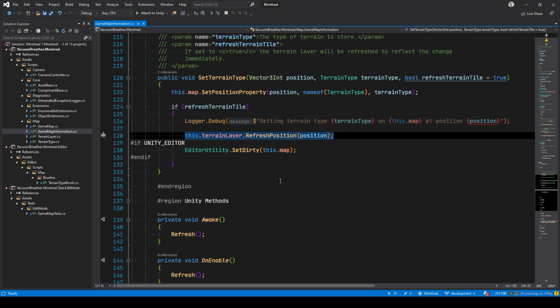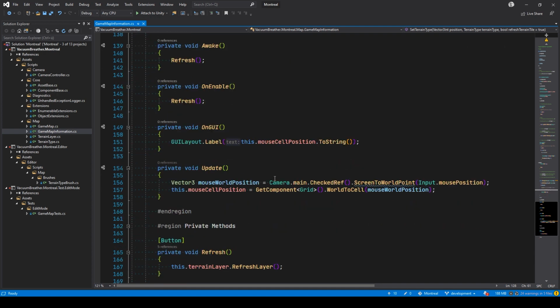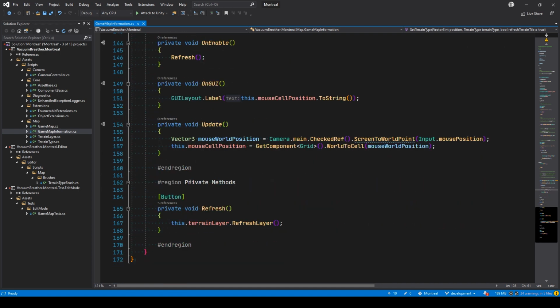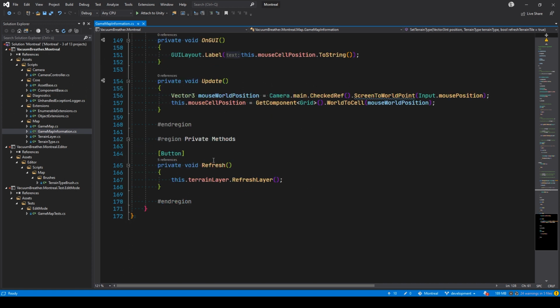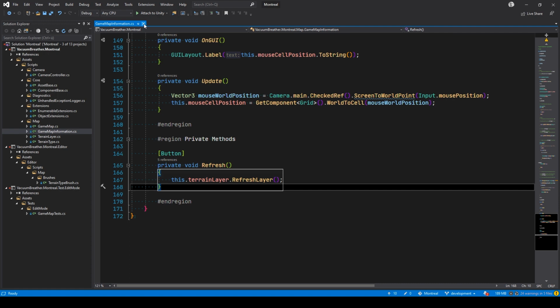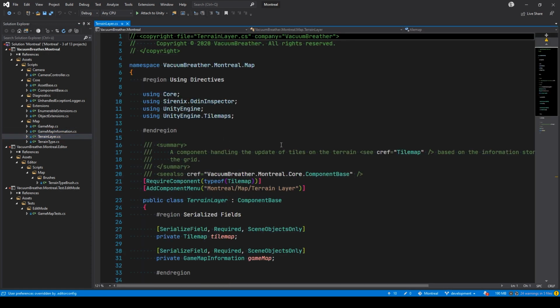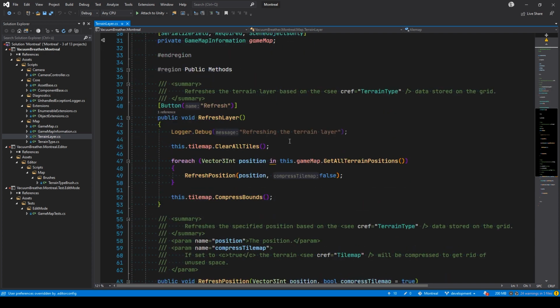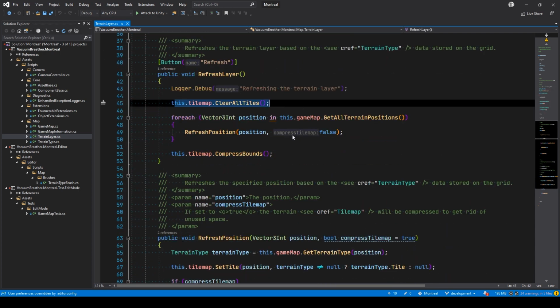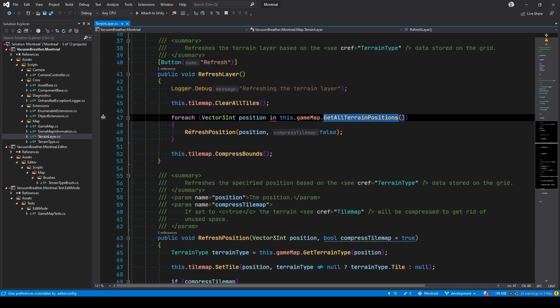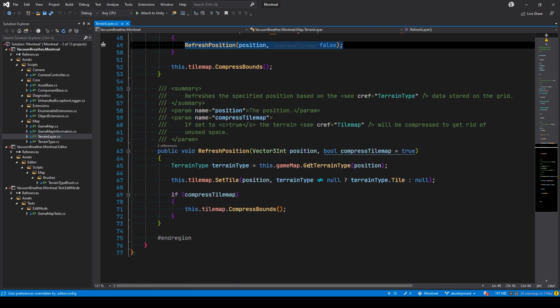And that is going to set the actual visible tile. All this thing is doing is storing the information on the map. Only the terrain layer is responsible for making something actually visible. This is just for displaying the mouse position. And I have a general refresh button that is going to reload the tiles if necessary. That is going to happen on the terrain layer, where refresh, as you can see, throws away all the tiles. Then it goes to all the positions that actually have terrain data, refreshes that position,